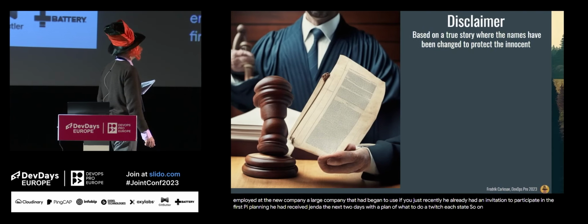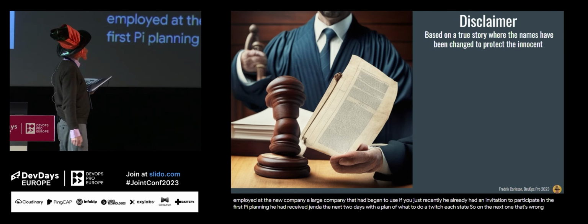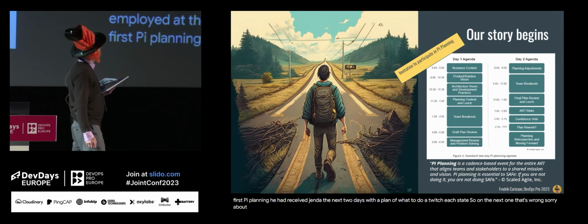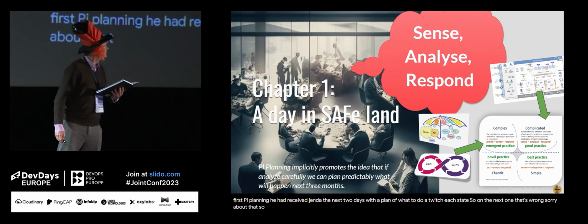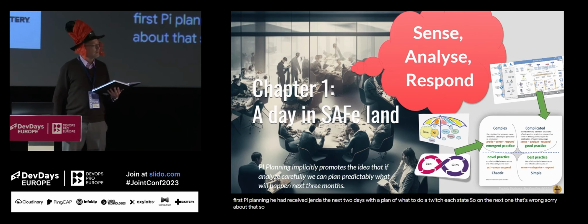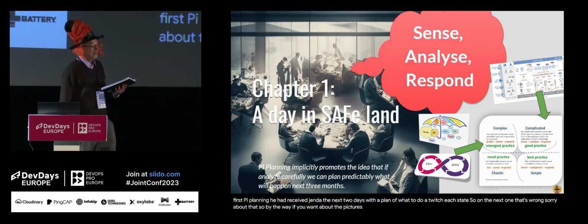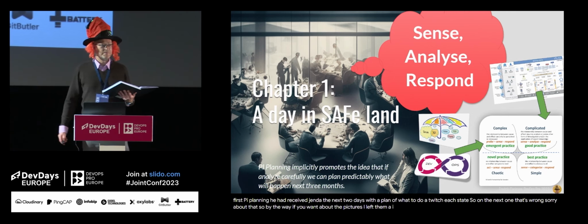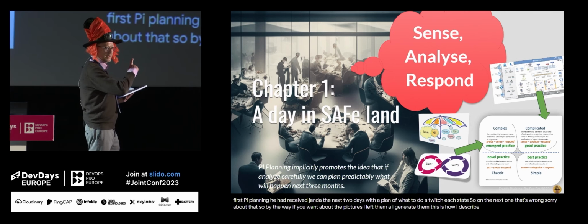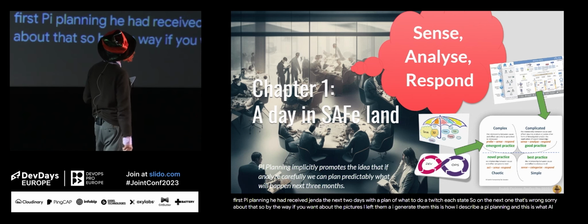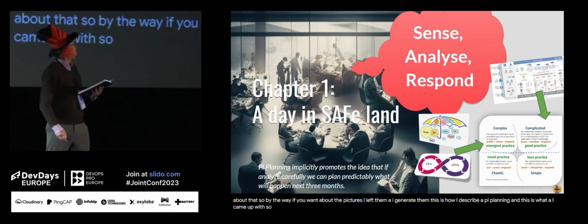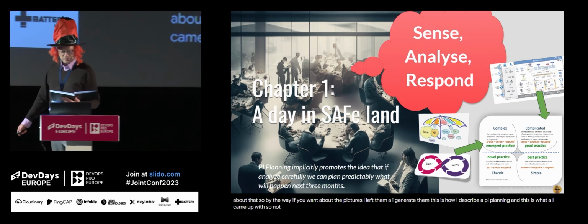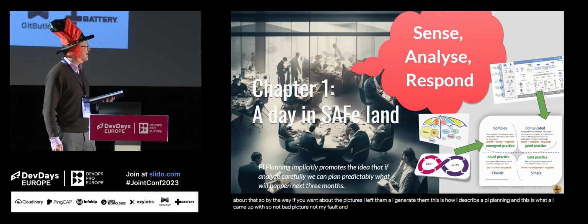So on the next, oh, that's the wrong one. Sorry about that. By the way, if you wonder about the pictures, I let an AI generate them. This is how I described a PI planning, and this is what the AI came up with. So, not my picture, not my fault. Anyway,